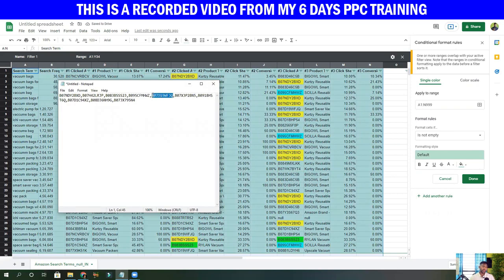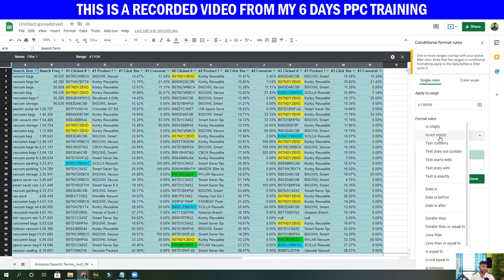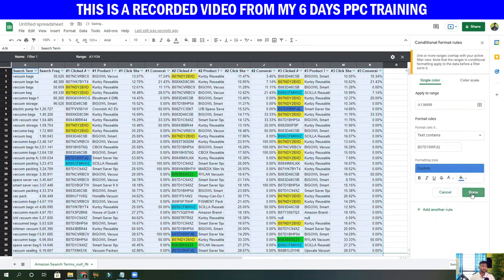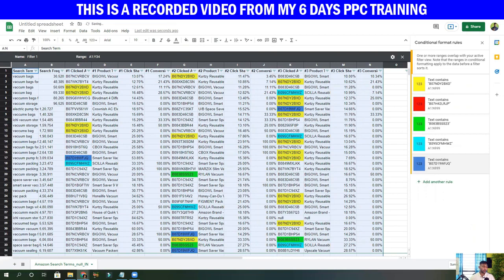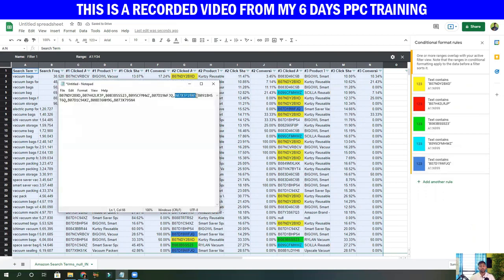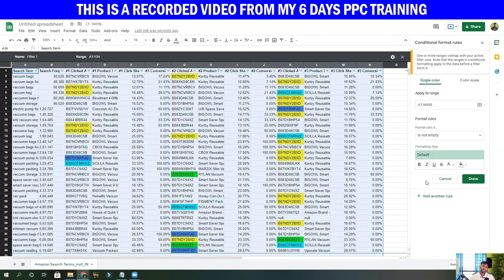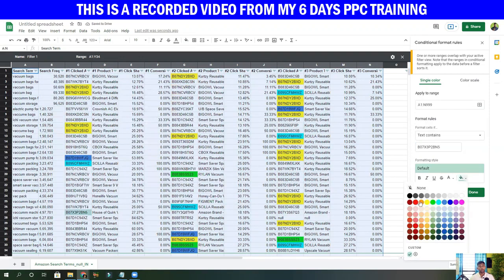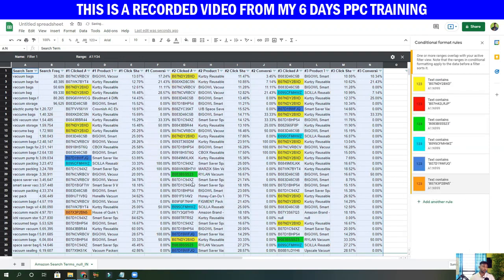I'll show you 6 ASINs just to be precise and not waste your time. This is the last ASIN we are going to select. So I have to basically add it. When we see colors, it will be easier for us to understand how many there are.